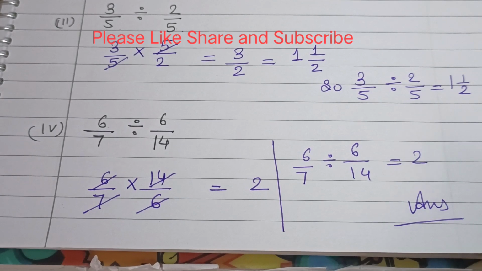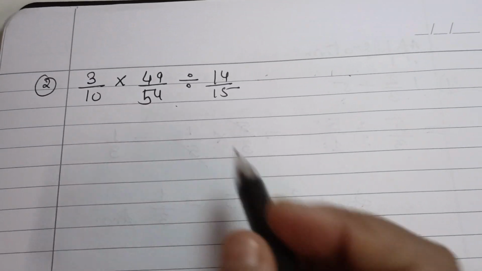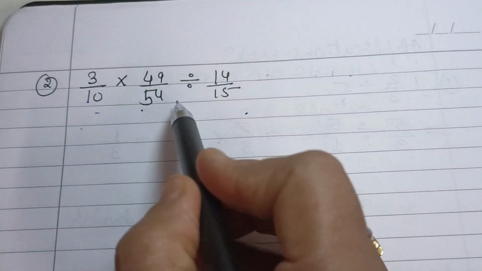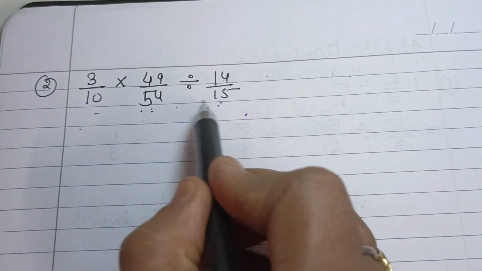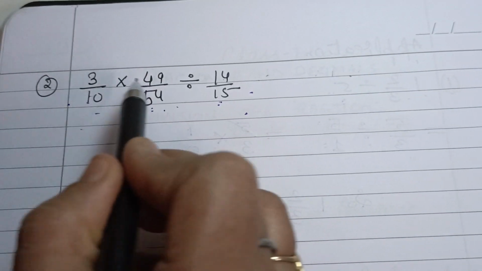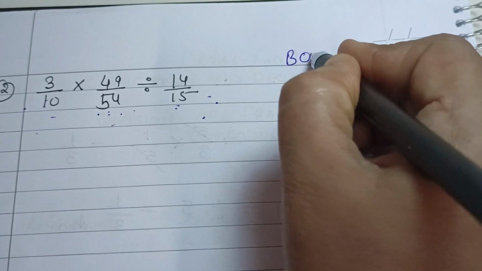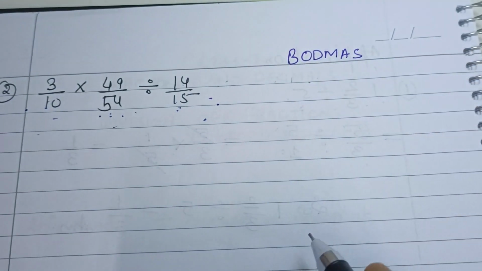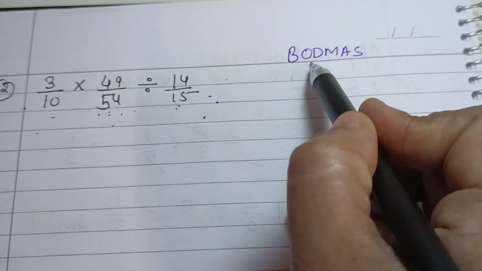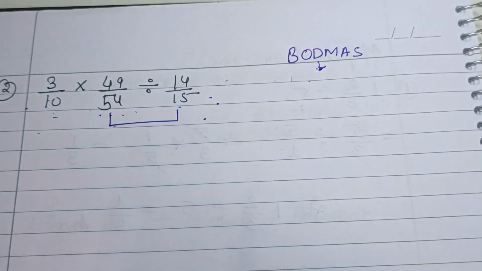Right? Now we are moving towards little more difficult problems. Now in this expression, if you see, the first two numbers are in multiplication and the second and third fractions are in division. There are 3 fractions. So the second fraction is in the product also, and the second fraction is in the division also. So as per BODMAS, just recall BODMAS. Whenever there are more than 2 arithmetic operations, just recall BODMAS. So you can see before multiplication what comes? Division. Okay. So the very first to be solved is your division.